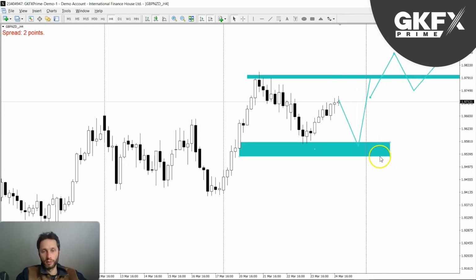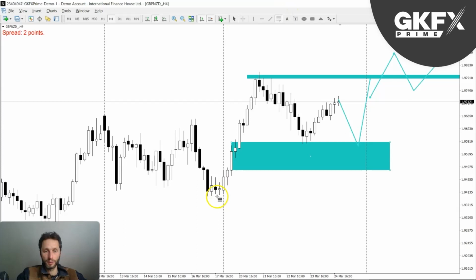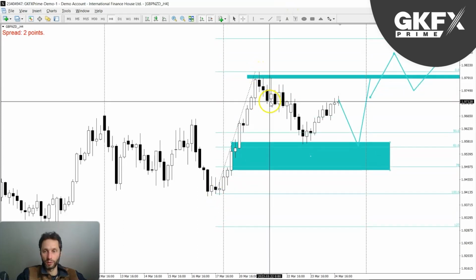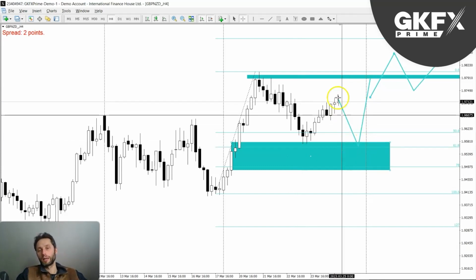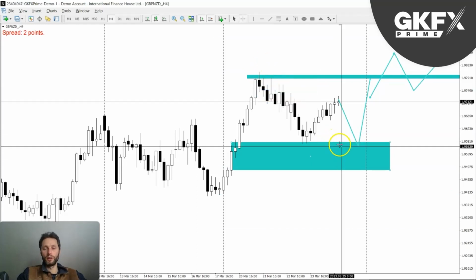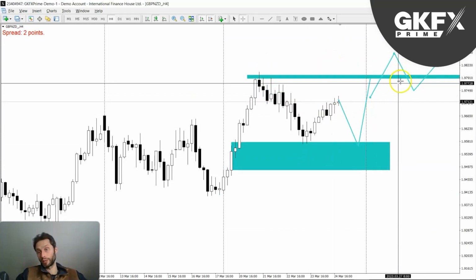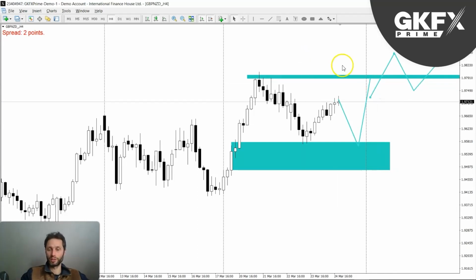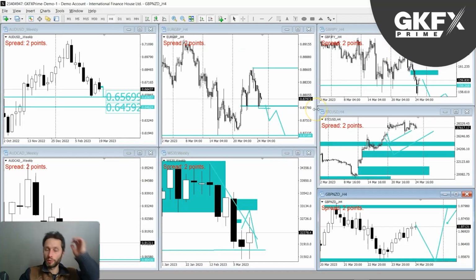We could even go down as low as here. You could see this gap. And then if you want to draw a fib, we could see we haven't quite reached the 61.8. So again, if we get a nice, better price within this area with this idea, then some kind of reversal would be favorable, and definitely a much better price than up here, isn't it? So I want to get a cheaper price. So that's the pound New Zealand. Remembering again that we've got pound news this week.